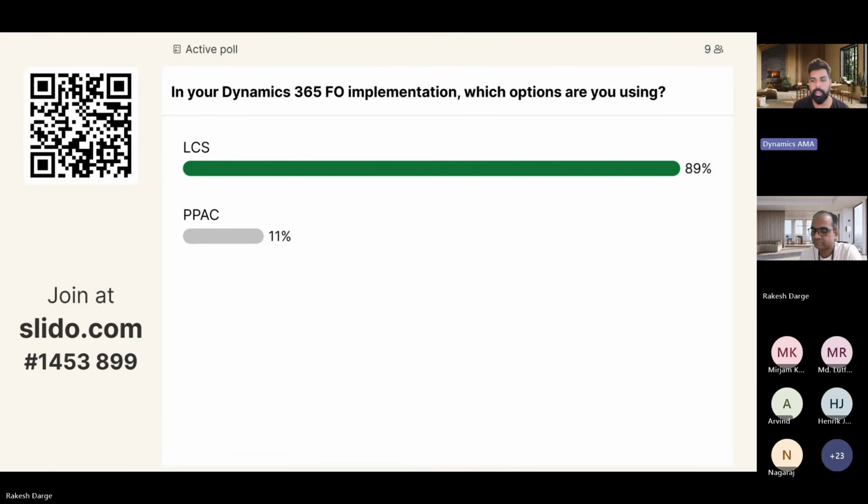Without PPAC, it's not possible, right? A lot of people might be missing that context, so maybe it will be clear for them by the end of the session.